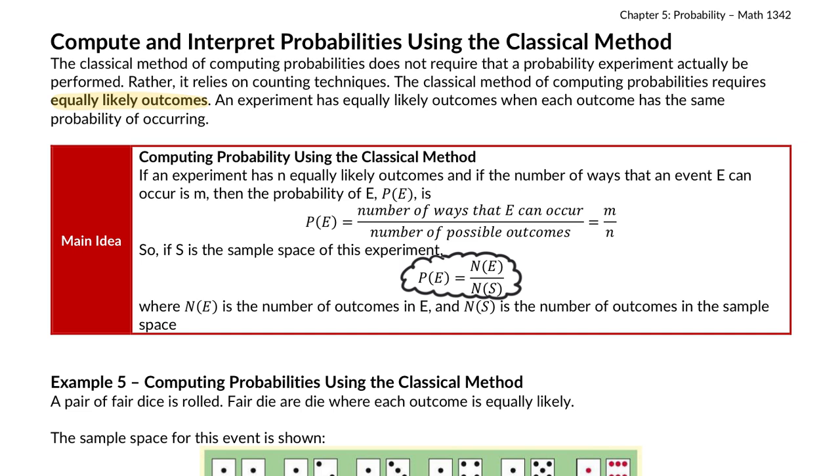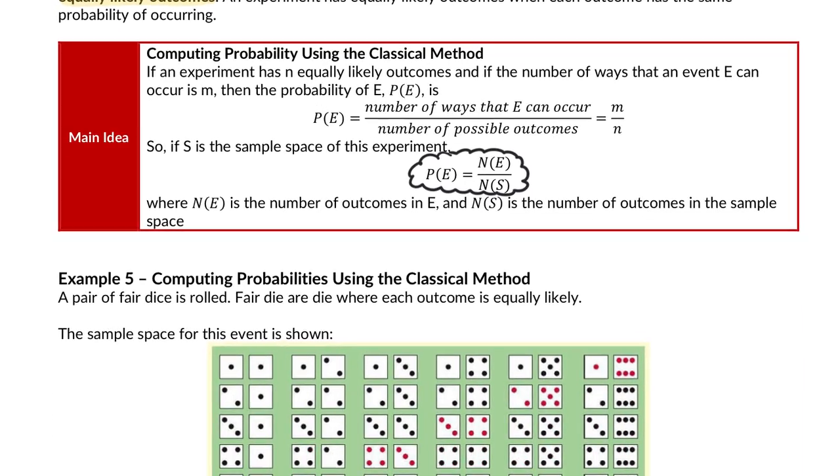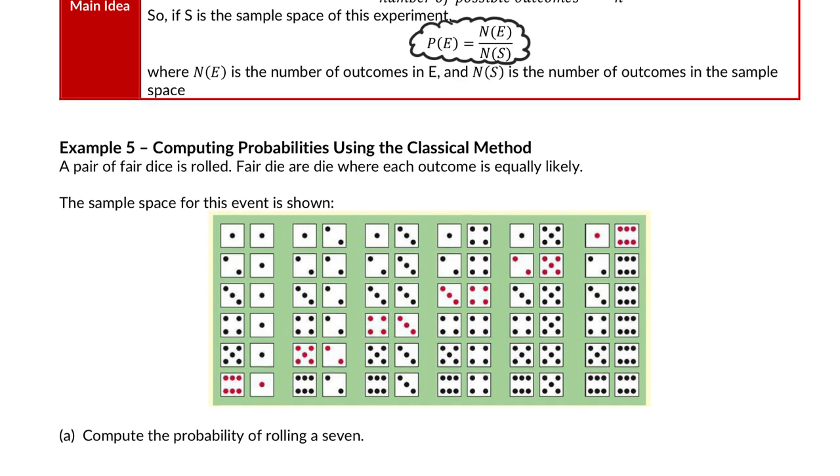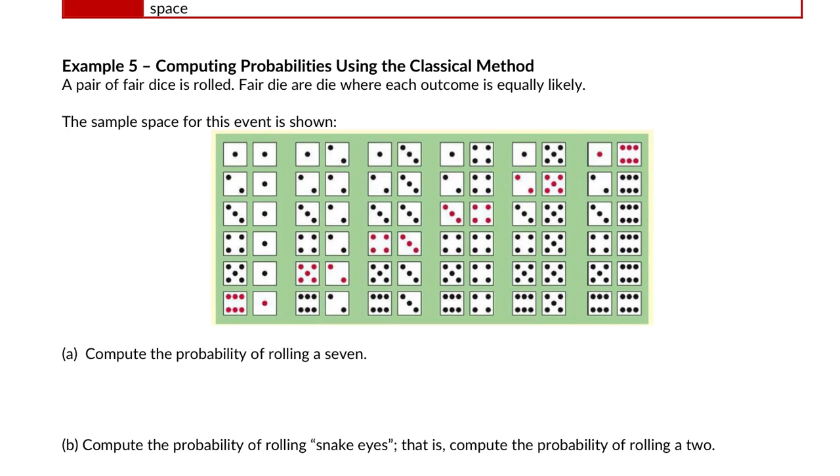We're going to hop right into it. Let's say a pair of fair dice is rolled. So we roll 2 dice. Fair dice, remember, are where the outcomes are equally likely. It's not a loaded dice. Here is the sample space, S. We rolled 2 dice. We could get snake eyes, 1 and 1. We could get 1 and 2. We could get 1 and 3. Do you see how this is telling us the sample space? The options that could happen if we roll the 2 dice. This is all the combinations of outcomes we can have.